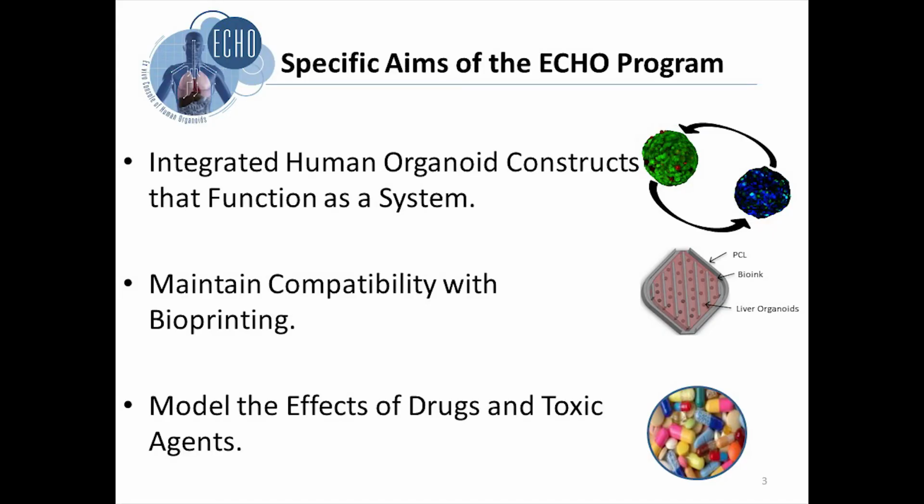The specific aims of the ECHO program: we were tasked to create an integrated human organoid construct system. By integrated, I mean different tissue organoid types are maintained under a common media. They communicate with each other. The media is recirculated, and it allows us to do integrated pharmacology and toxicology studies where a compound is perhaps metabolized by a liver organoid and exerts an effect on a downstream brain, testes, cardiac, and